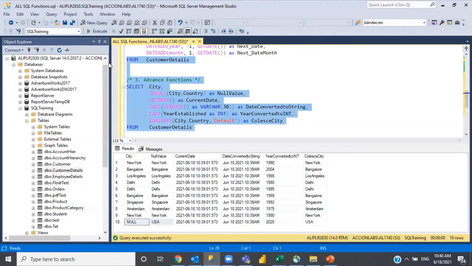Now if you go back here and execute, right now we are not seeing default because the country column has data.